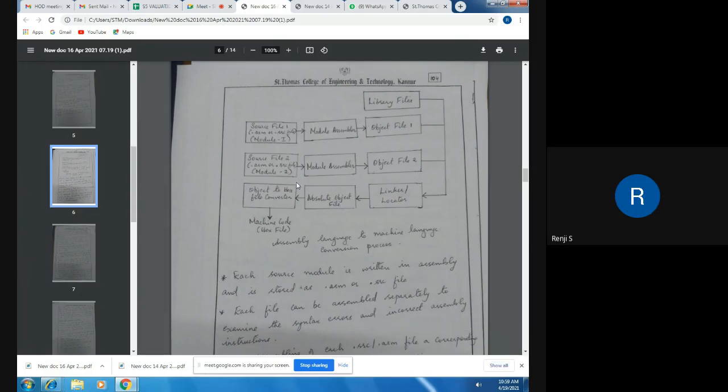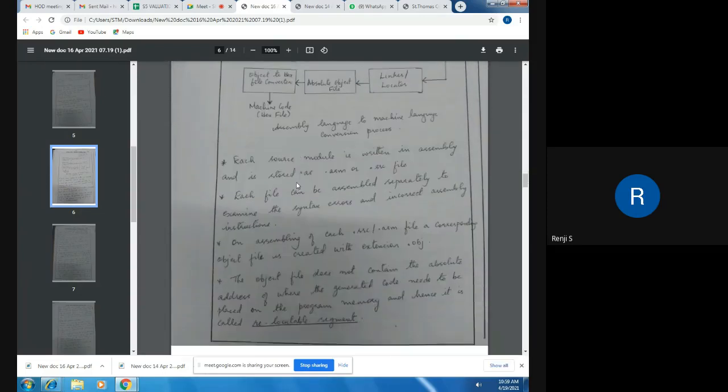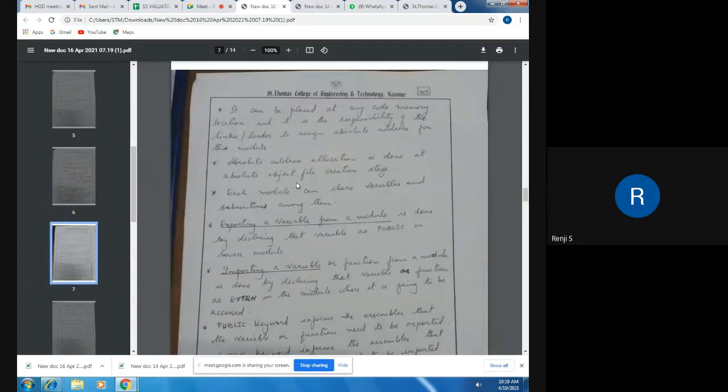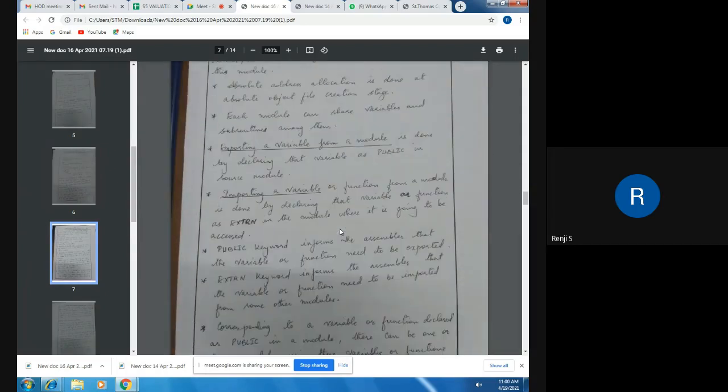But in order to access variables declared in other modules, we have to declare those variables as public, and then that particular variable can be used in other modules. That is called exporting a variable from a module. It is done by declaring that variable as public in the source module.